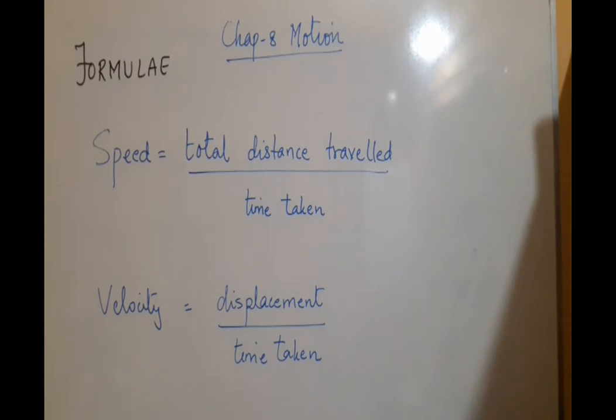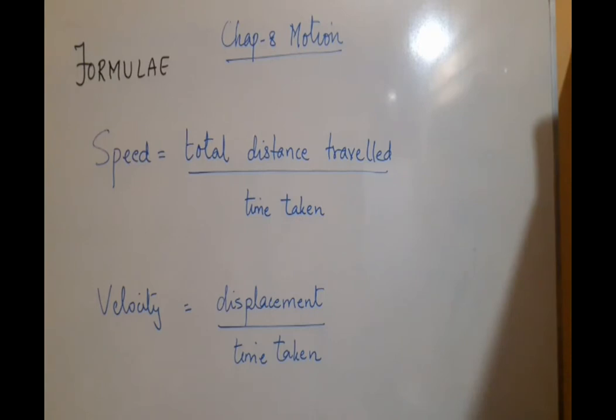Good morning, friends. So, we have done the chapter on motion. We did the concept of rest and motion. We saw the types of motion, the concept of distance and displacement. On the board, I've written the formula of speed. Speed is total distance traveled upon total time taken, and velocity is the rate of change of displacement. So, velocity is displacement upon time taken.